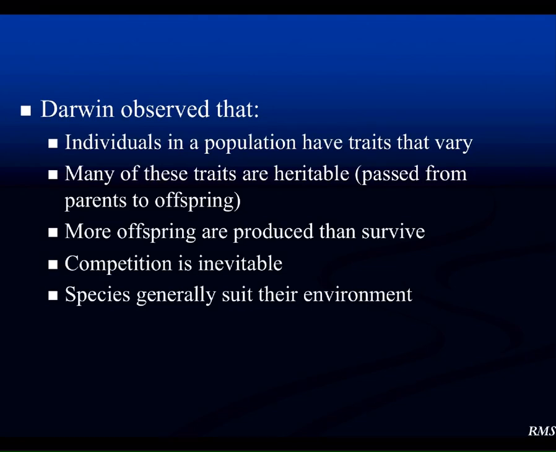So in order to come up with those two points, Darwin made observations. One of the observations he made is that individuals in the population have traits that vary. Now, if you think about that, that's pretty obvious. If we were sitting in a classroom and you just look around, we're all individuals of the same species in that room, so we're a population. However, we all have our different characteristics. Some of us have different hair color and eye color and different heights, left-handed versus right-handed, different tones of our skin color. So there's just different features about us that make us individuals, and we have varying traits.